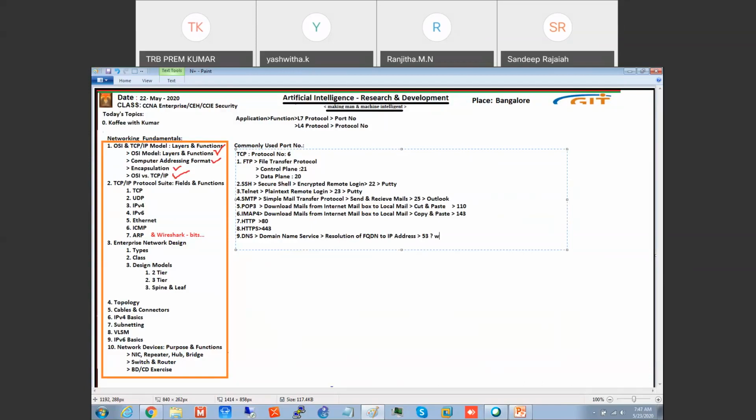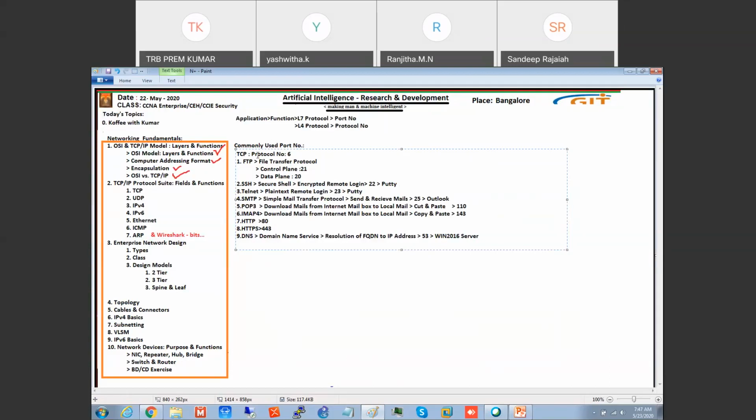Like Windows, you can have Windows application will be Windows 2016. Another server that will run this DNS service. Now, take this example DNS.